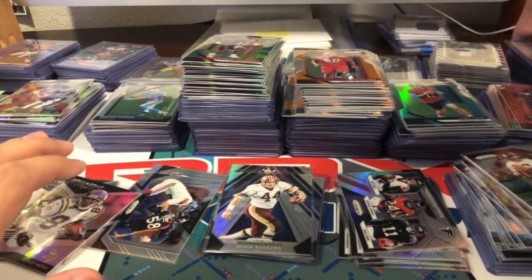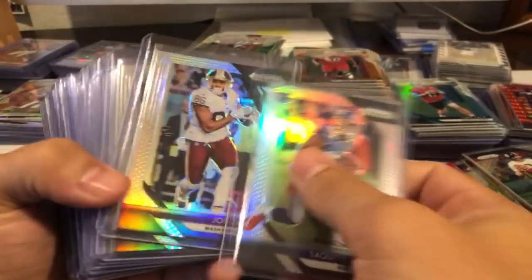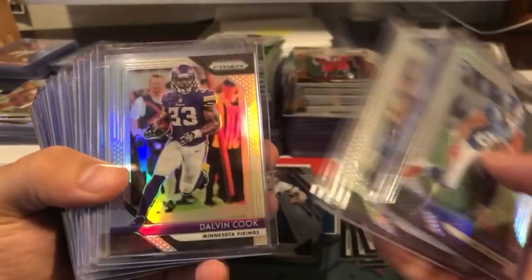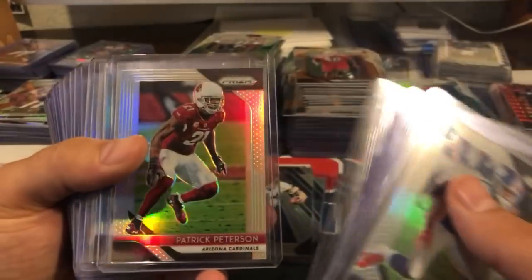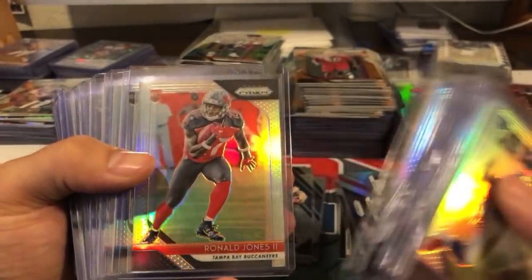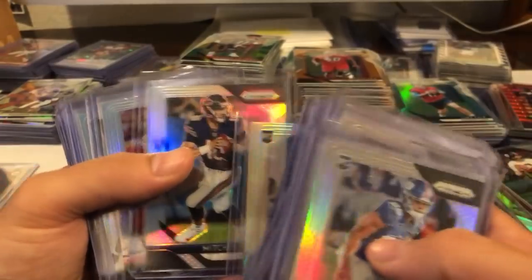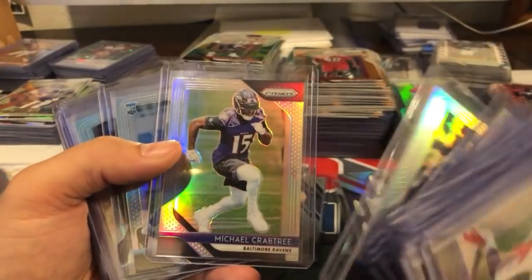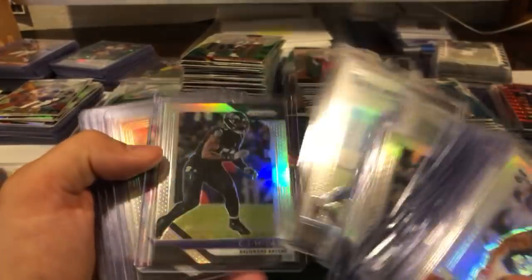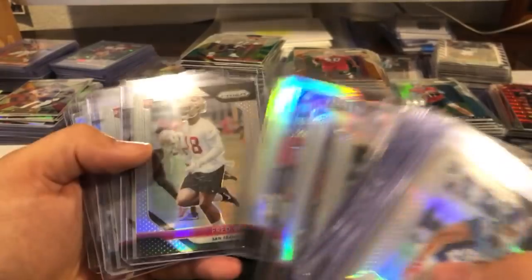Then our last pile of those are the silvers. The big one, Saquon, Jordan Reed, Bruce Irvin, Dalvin Cook, Will Fuller, Jalen Ramsey, Patrick Peterson, Ndamukong Suh, Rojo, Josh Sweat, Darius Geis, Roquan Smith, Mitch Trubisky, Kareem Hunt, Mark Ingram, Eze, Michael Crabtree, Kerryon Johnson, C.J. Mosley, Chandler Jones, Jimmy G, Fred Warner,